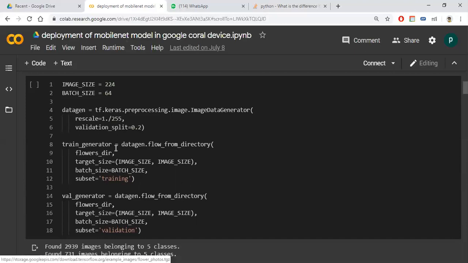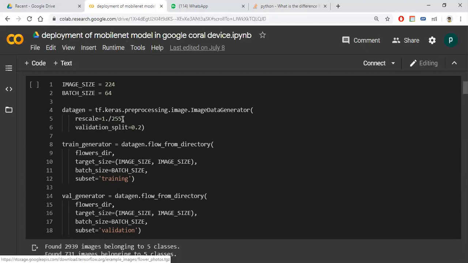For training purposes, we need to extract the images for training. So from the data generator, flow_from_directory, we need to go with the data file name and target size, which is the size the image should be.